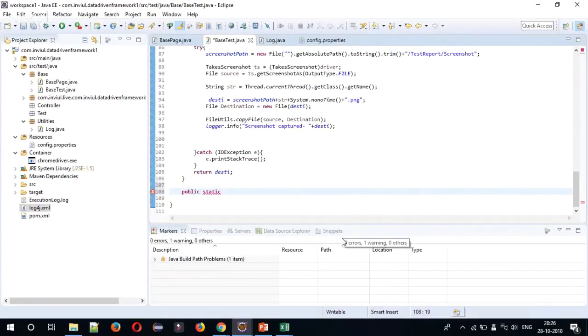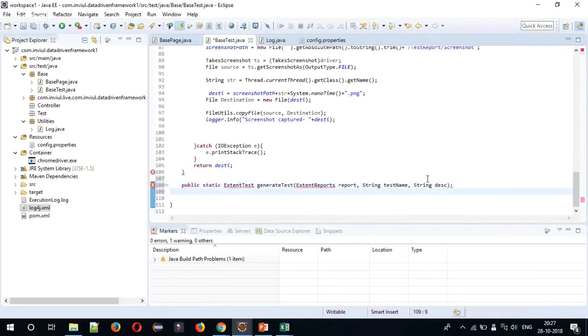Edit, then test, generate test, ExtentTest, string test name, string description. Okay,